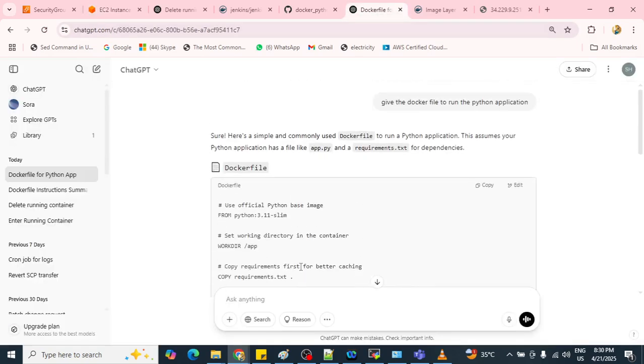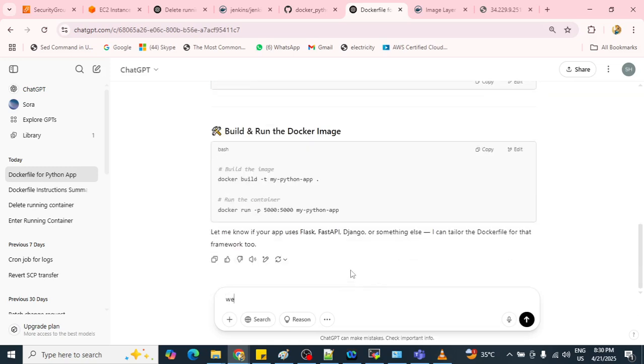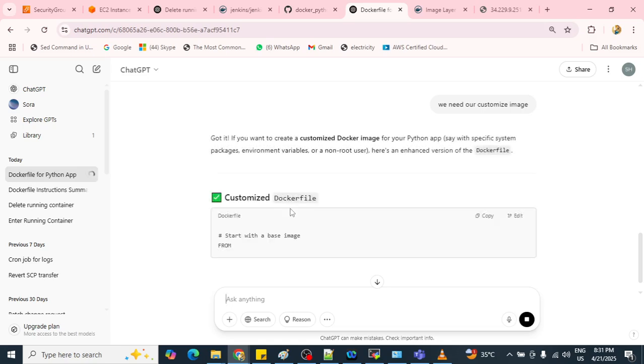You can also ask ChatGPT, saying we need our customized image, and in that way it can provide you a customized Dockerfile.